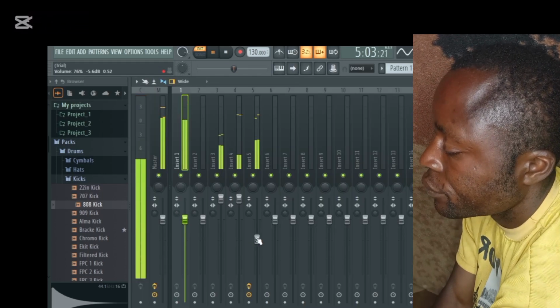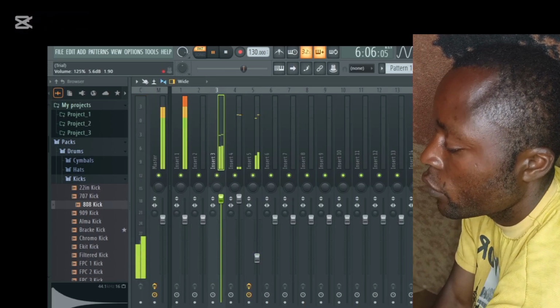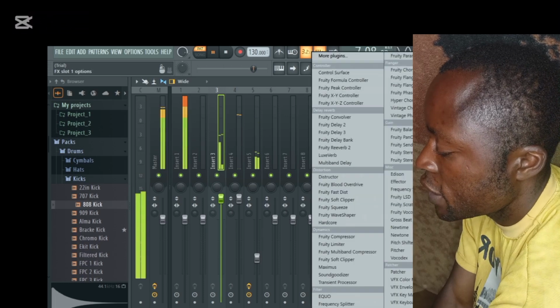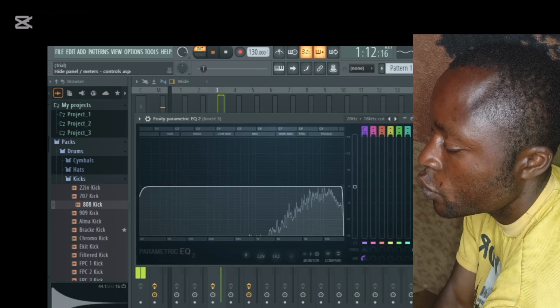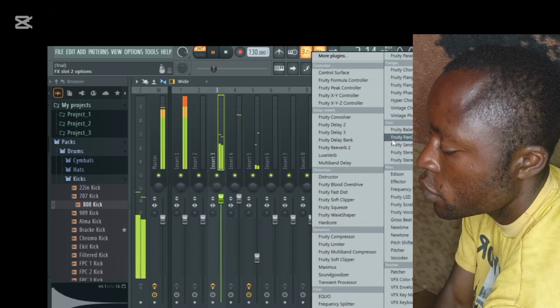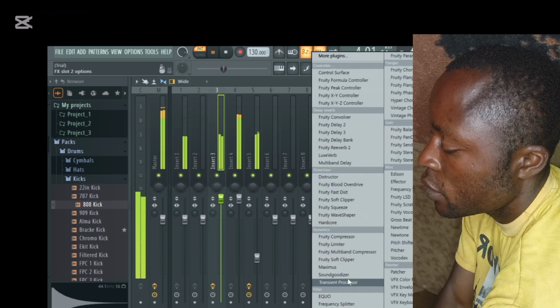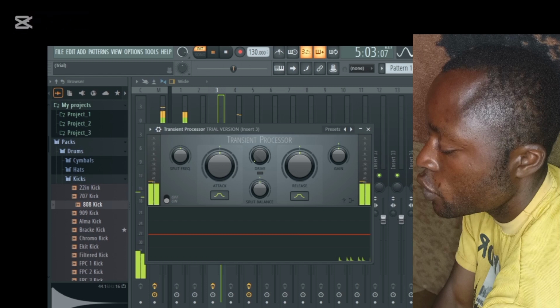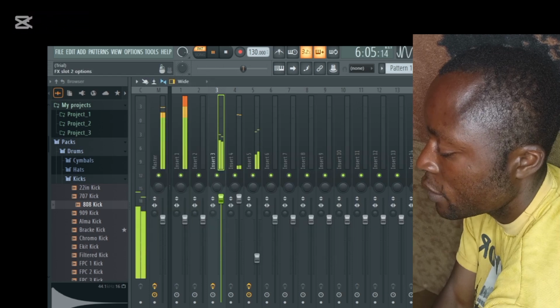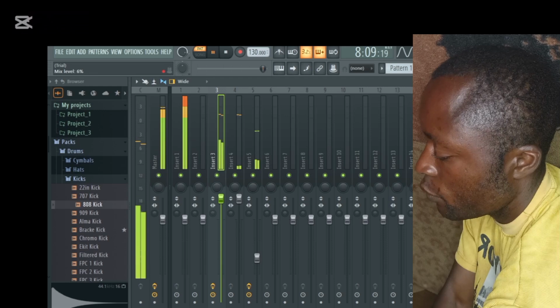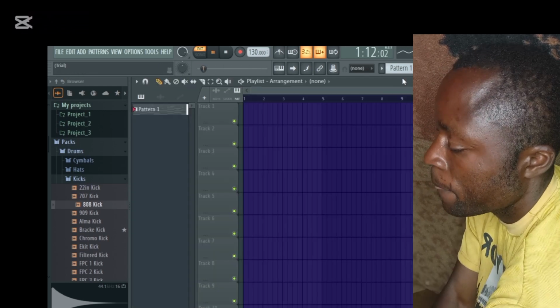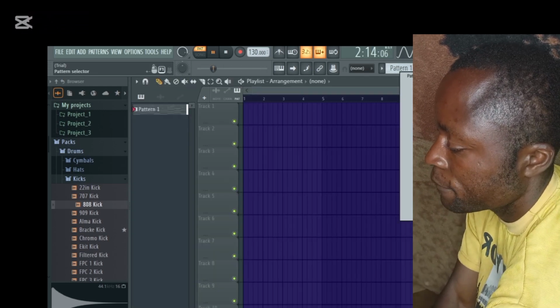Now I'm going to bring down the melodies on my hi-hats. I'm going to use a parametric EQ 2. Cut down the beats. Now I'm going to use a sound organizer. Down the mix, and on my playlist I'm going to split by channel,